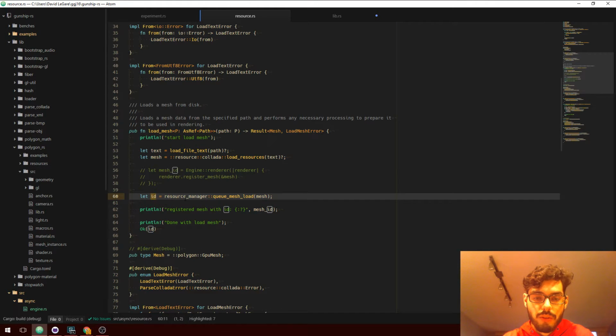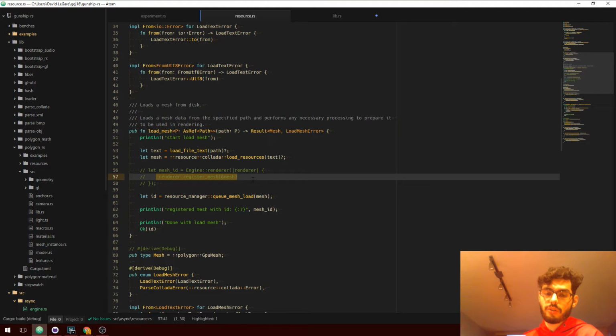So now we have something to return, but what happens if we get to the end of the frame, or it comes time to start rendering, we begin to process this and this fails? The call that this eventually does to register mesh returns an error because the mesh is malformed, or it requires some feature that the rendering backend doesn't support.